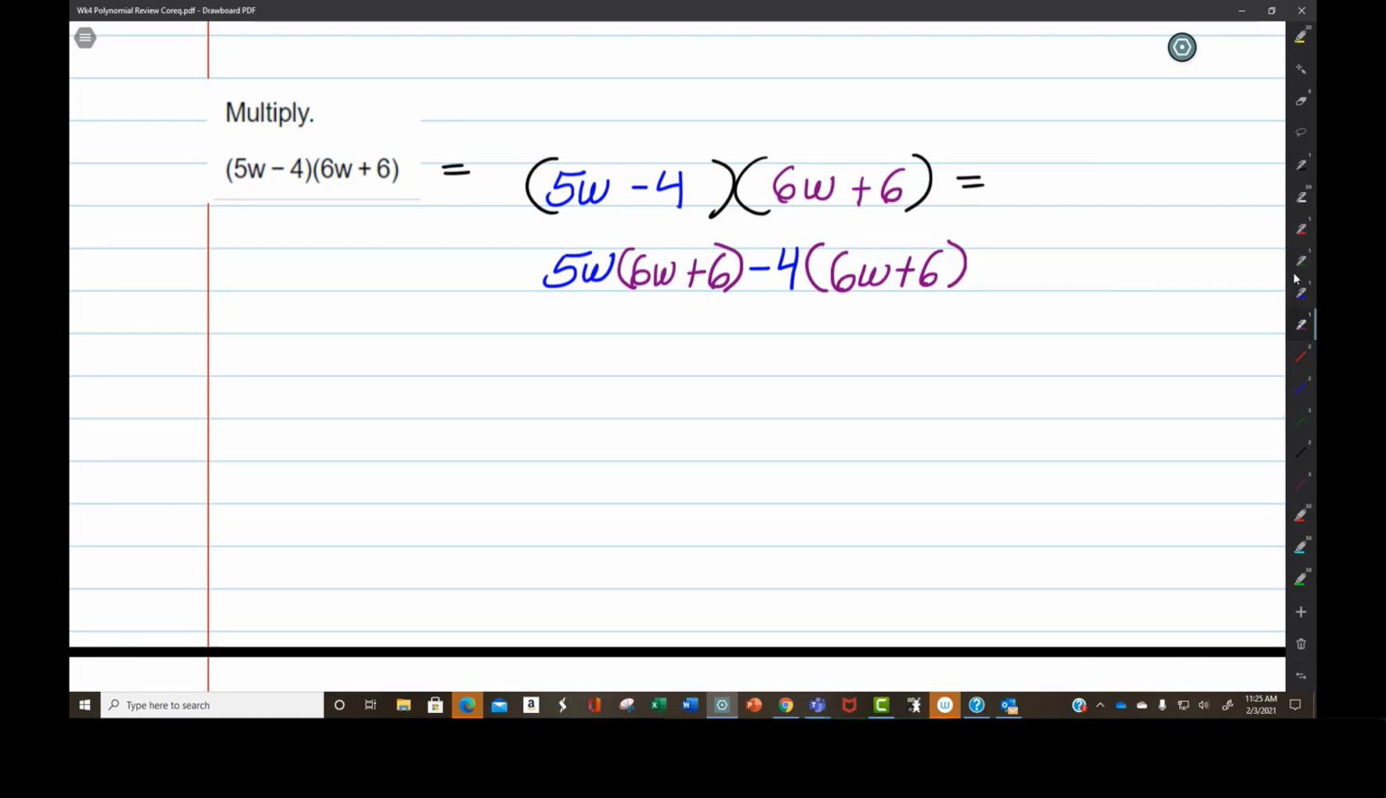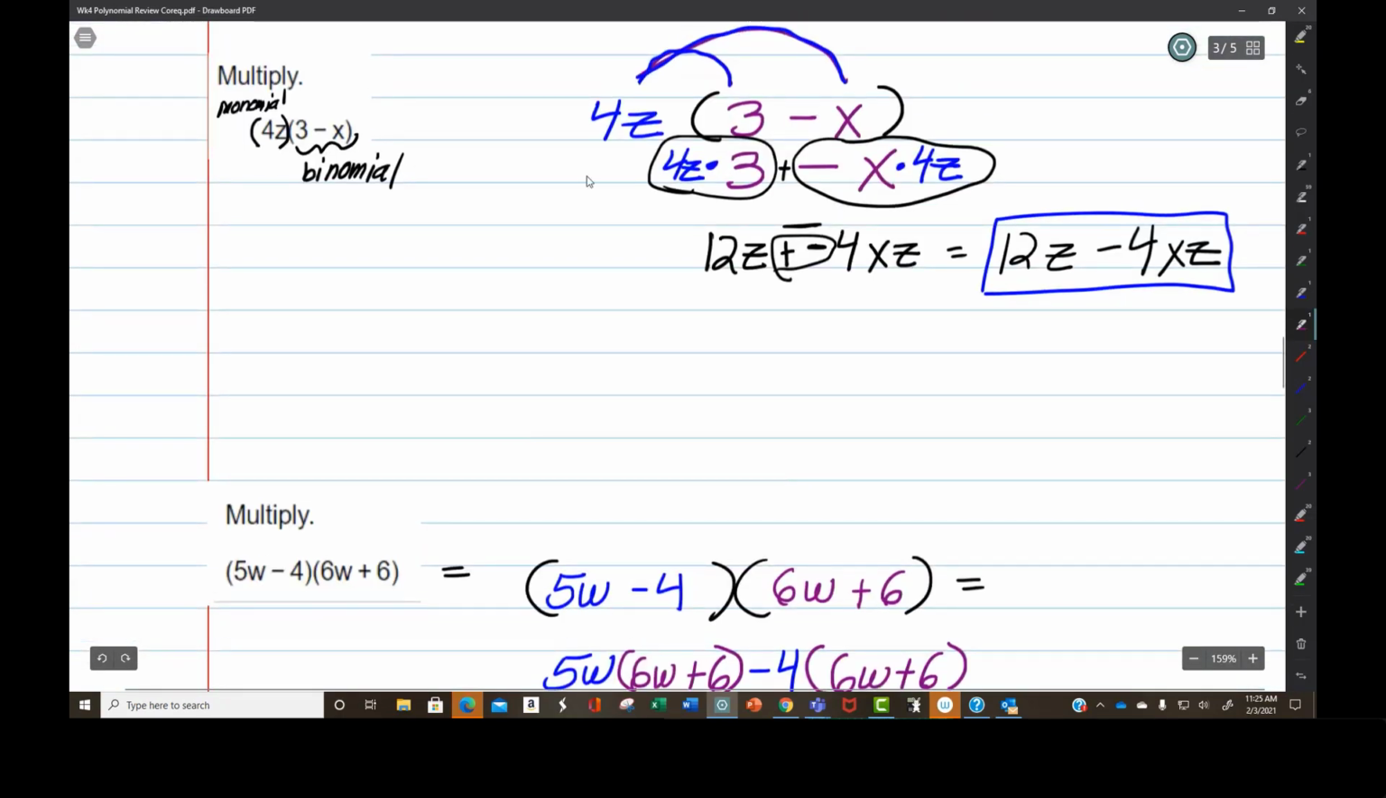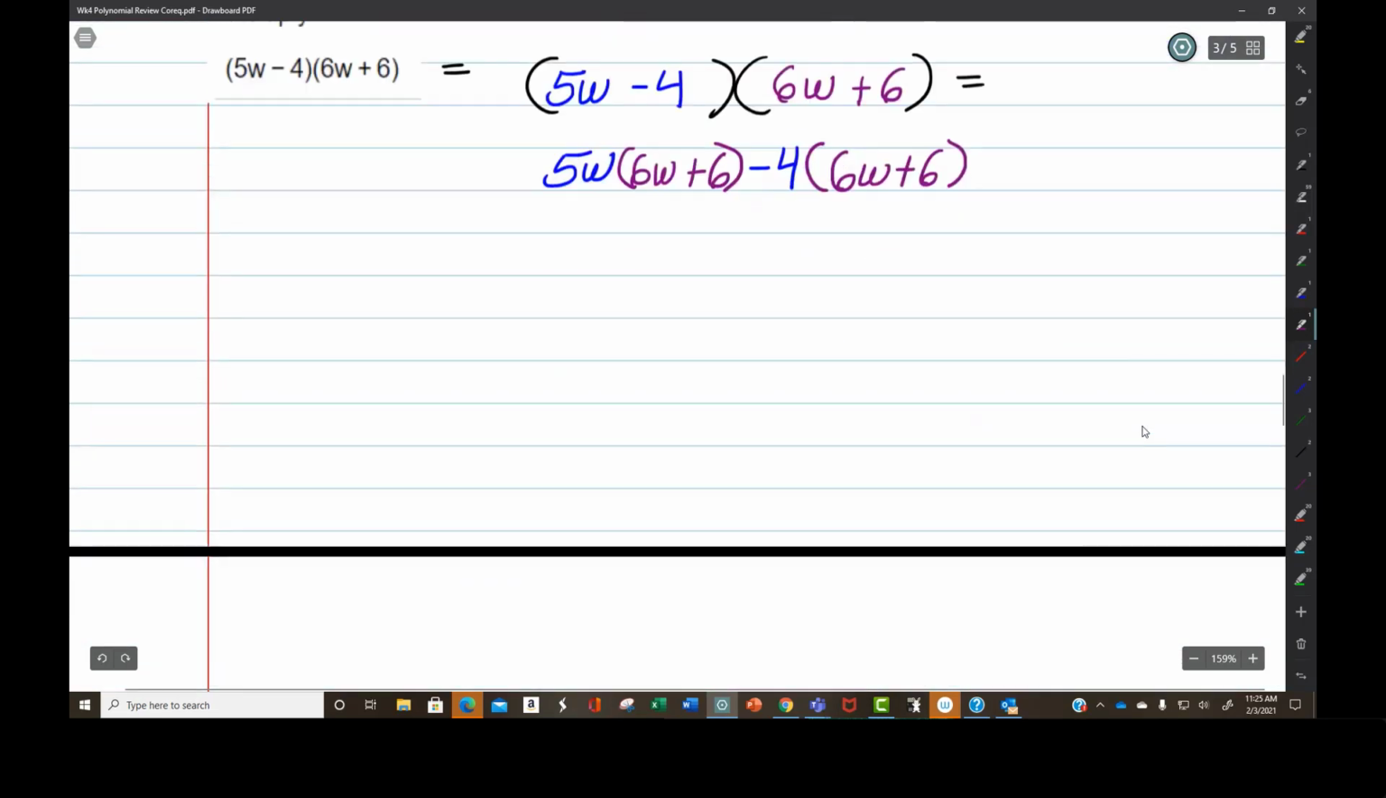Now, we're going to do monomial multiplication. That's a monomial. This is a binomial. This is a monomial. That's a binomial. So I'm going to have, oh, this is so cute,